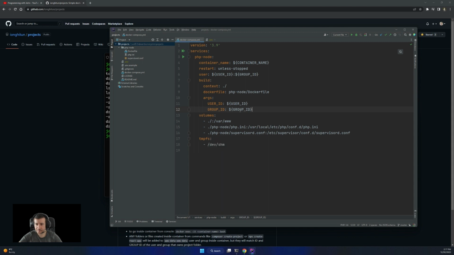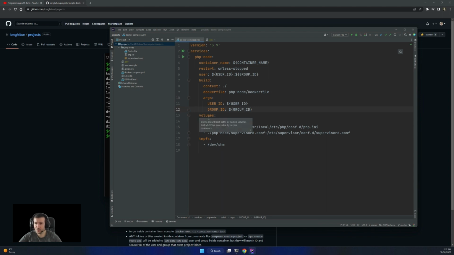We'll see that below. In this case I want to alter the image and write my own Dockerfile. So I pass this, and to that Dockerfile I pass the user and group ID as well. I'm going to show in a second why.